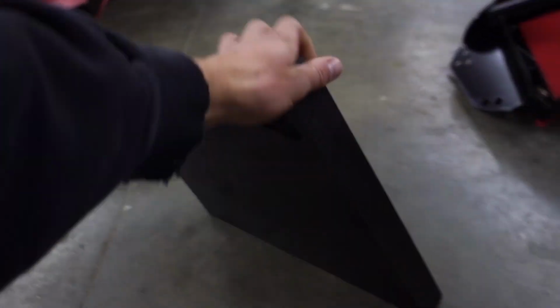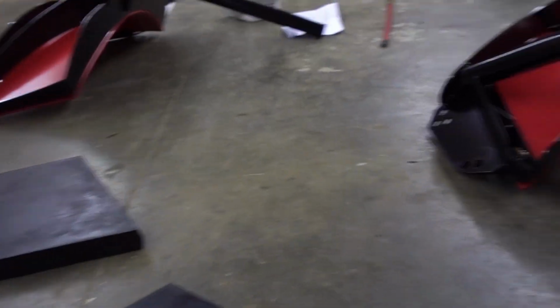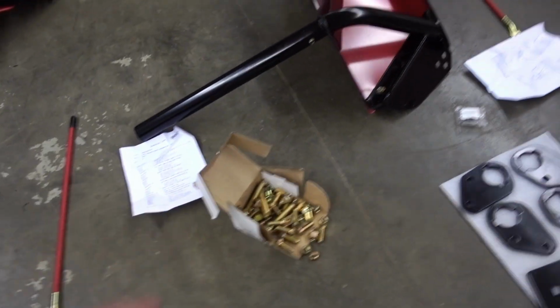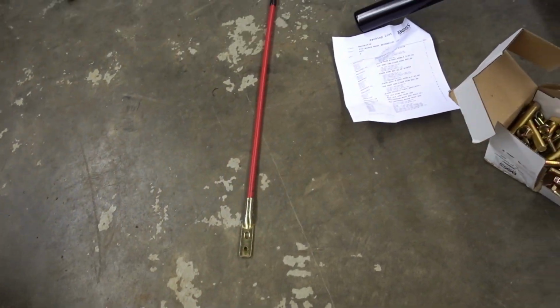Not sure what exactly they use for those, but it's pretty solid, yet it's still pretty soft, so see how those go on. Essentially, this all seems pretty simple. I've got everything laying out here. We've got all the hardware in a package. These came in the box with these things, but I'm assuming they're for the extension